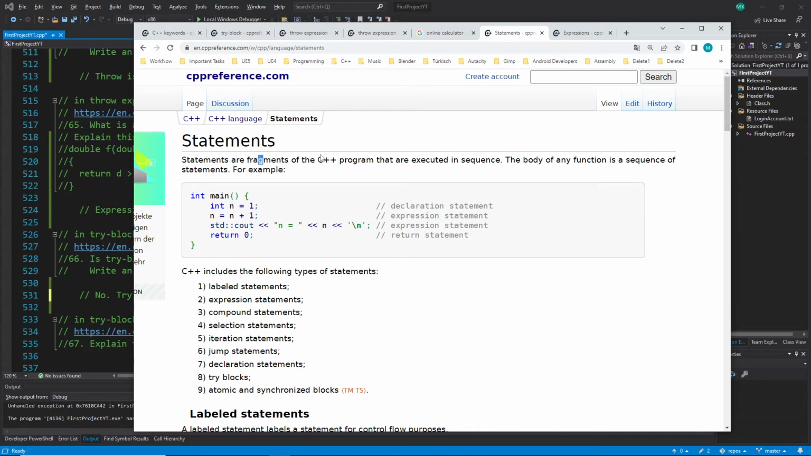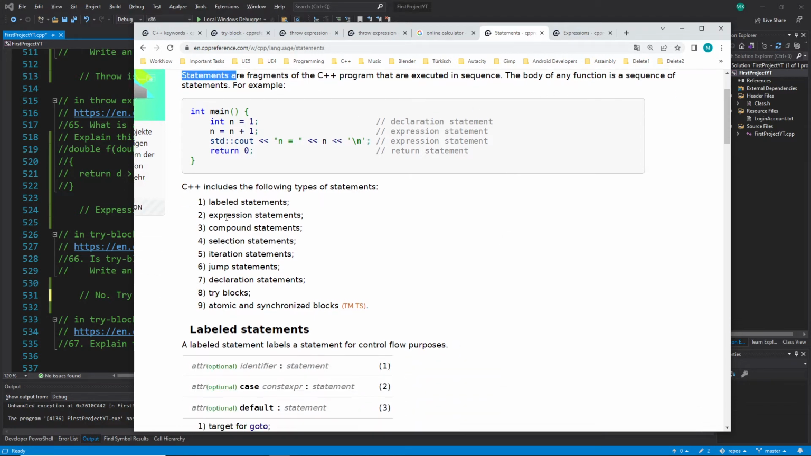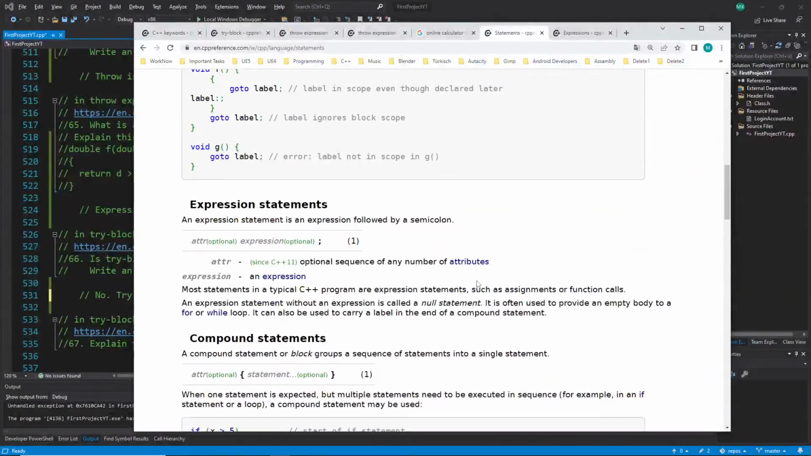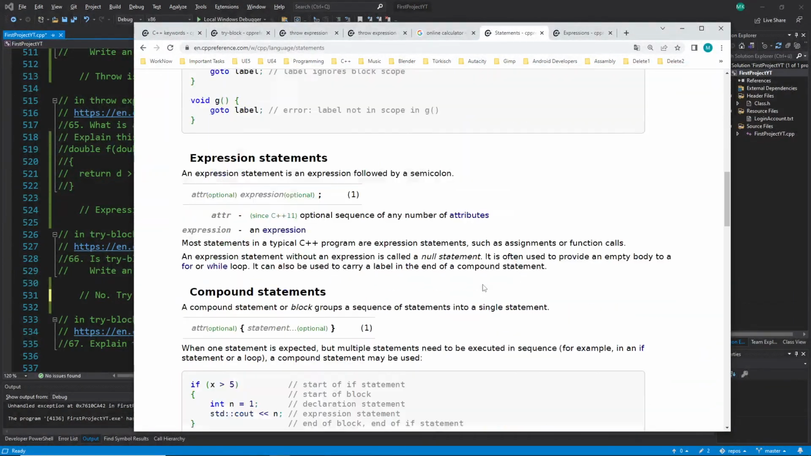C++. It says here fragments of the C++ program that are executed in sequence, which means you can execute here code in sequence. For example, here declaration statements is here, expression statement, and if you execute this one in sequence, then it is, yes, considered a statement as well. But read this one here a little bit through, but the most important thing is when we go to compound